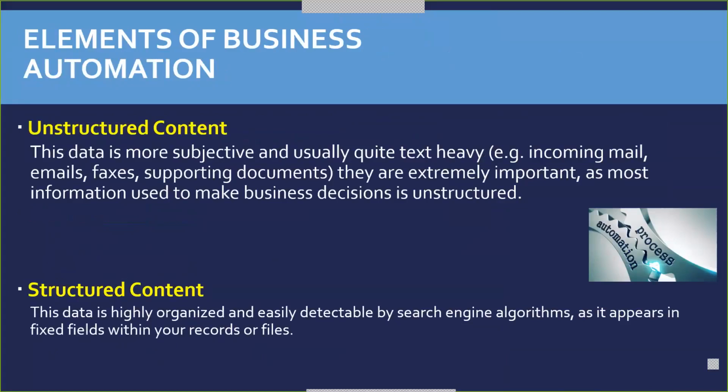It may be so regular for you that you may not even think of it in this way, but there is what's called unstructured content, which is made up of paper or faxes or emails that we are working with on a day-to-day basis. Anything that's coming in some sort of heavy text sort of process, that's what comes into your business, and that might